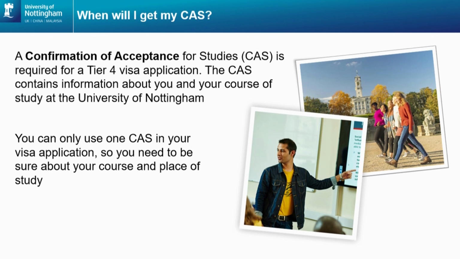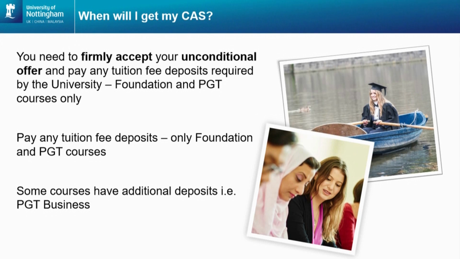You can only use one CAS in your visa application, and your visa will then be tied to that course and that university. So it's really important that before you make your visa application, you're very sure about your course and place of study. The first thing you need to do to get a CAS is to firmly accept your